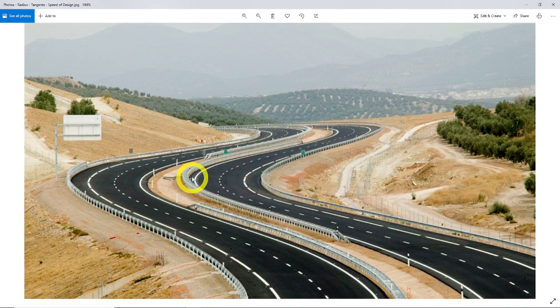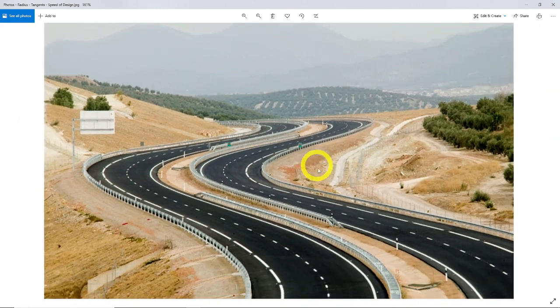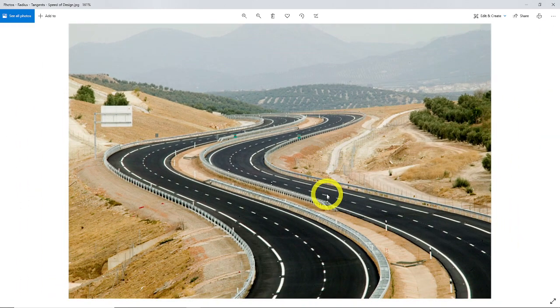Wide shoulders, not so wide there, but on one side at least. Signage, various things, a lot going on. It doesn't look like so much, but when you start to actually draw and draft the design of these, there is quite a bit that goes into their geometry. If you're an enjoyer of geometry or like geometry, alignments in Civil 3D design you will like,